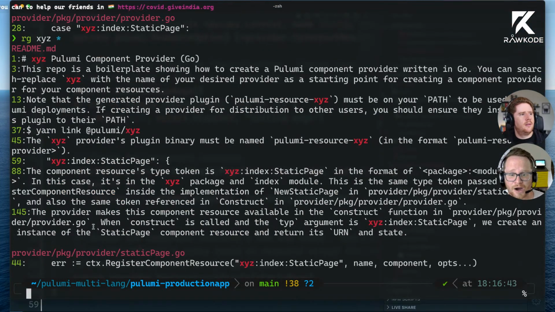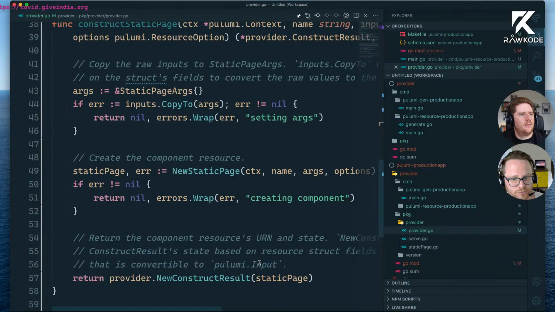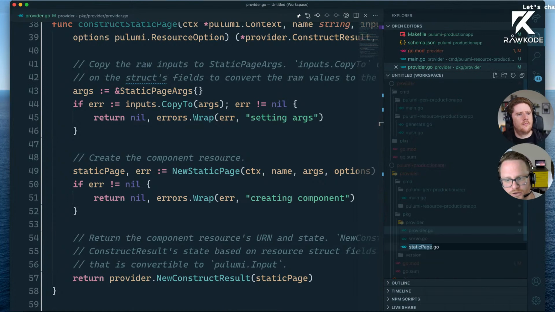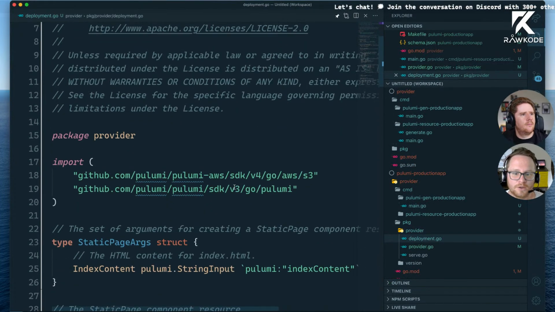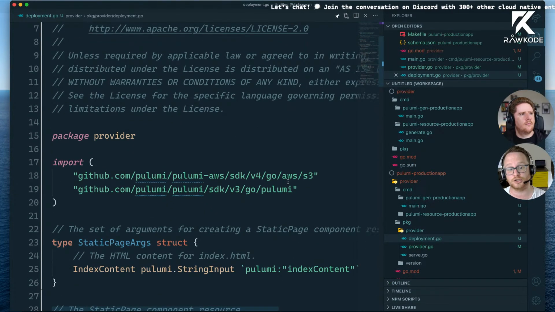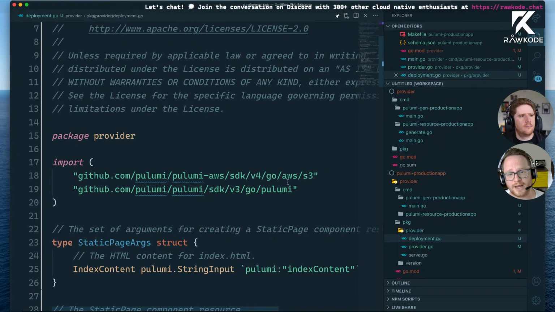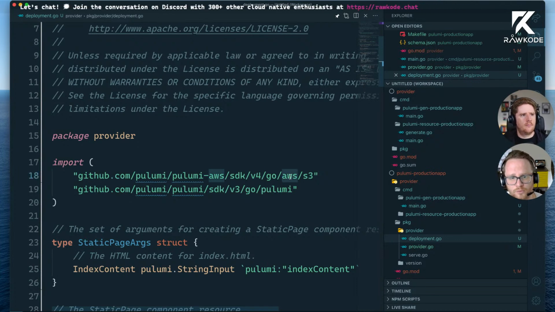What we're going to do now is rename the static page.go into production app.go. Or we're going to rename that. I like to call it deployment.go because that's what we're going to be doing. And then if we open that up, okay, so this is where we're going to do all of the logic that we're actually going to use to create our provider. So currently we're using the AWS provider. We can completely remove line 18